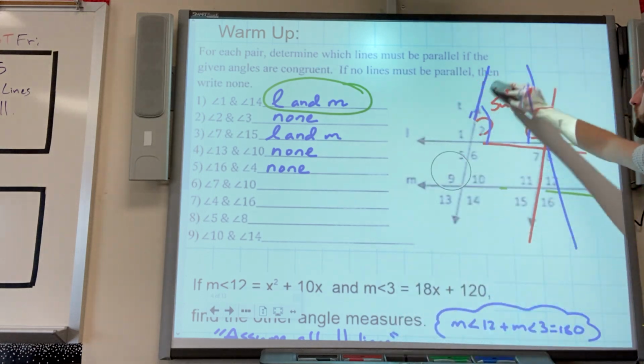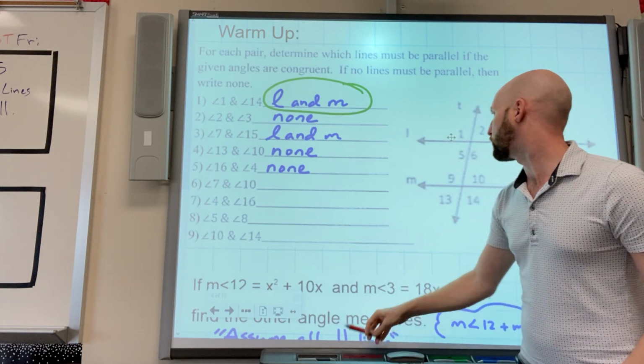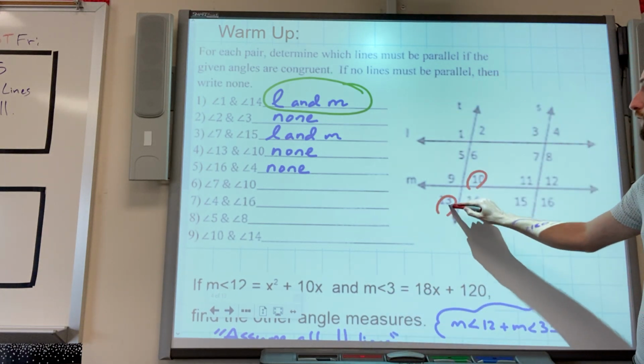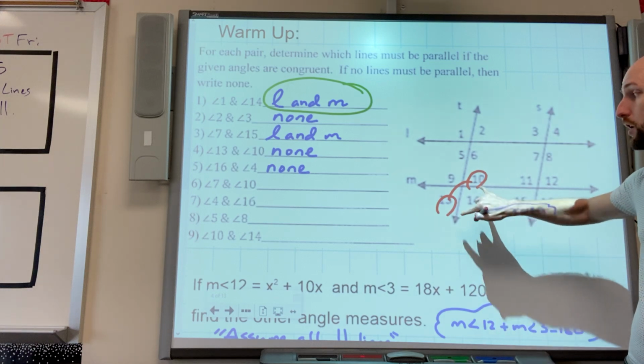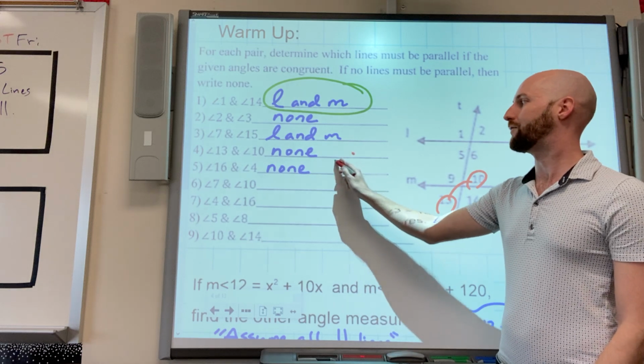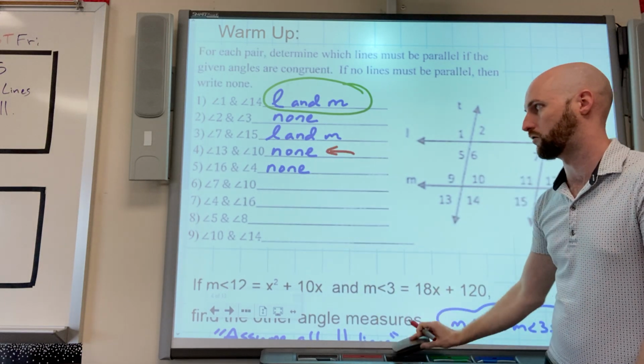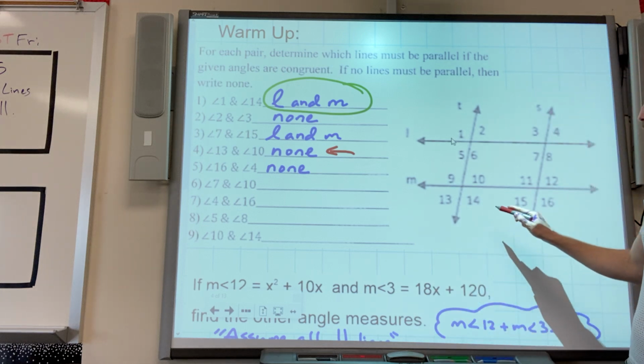I'll look at the other two that say none just to see if I can point out why. 13 and 10, these are vertical angles. They're going to be congruent no matter what is happening in the picture, so there's not enough information to guarantee parallel, because there's no way for those not to be congruent. And then 16 and 4,